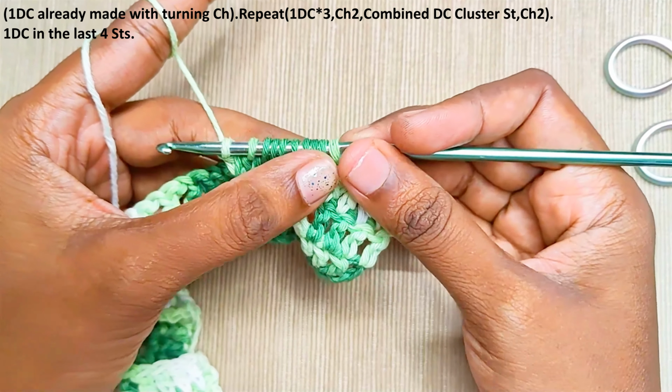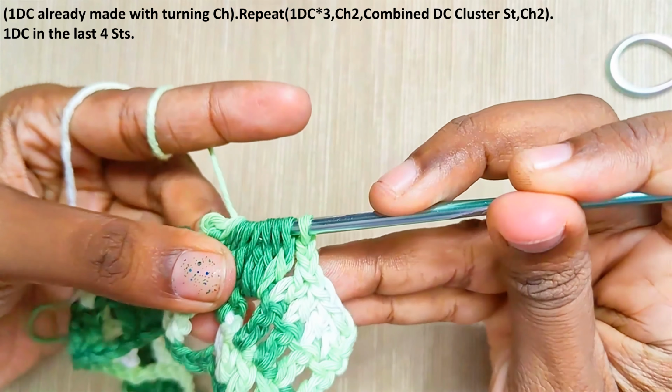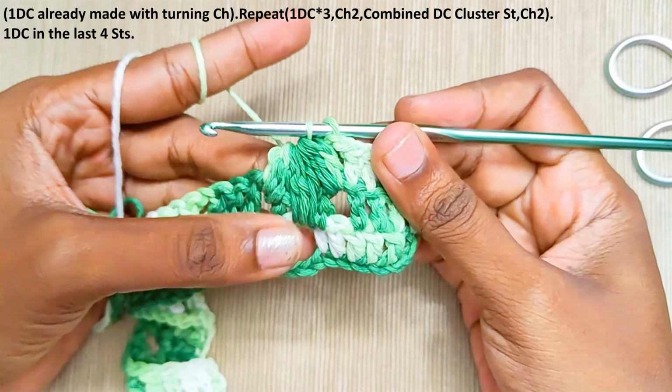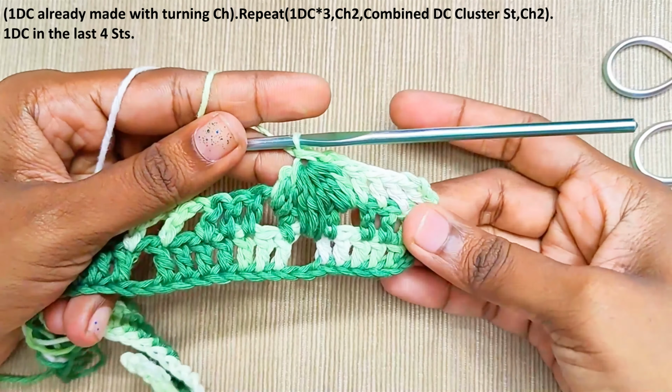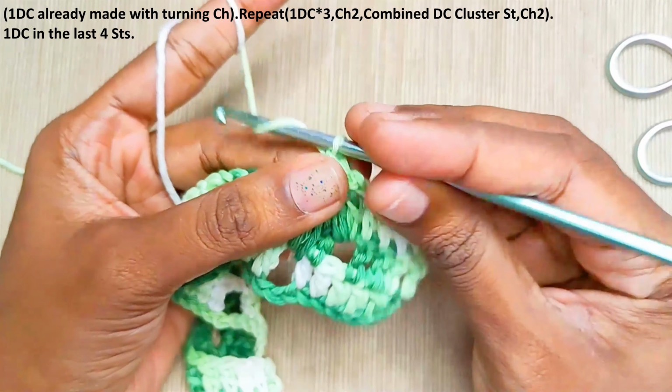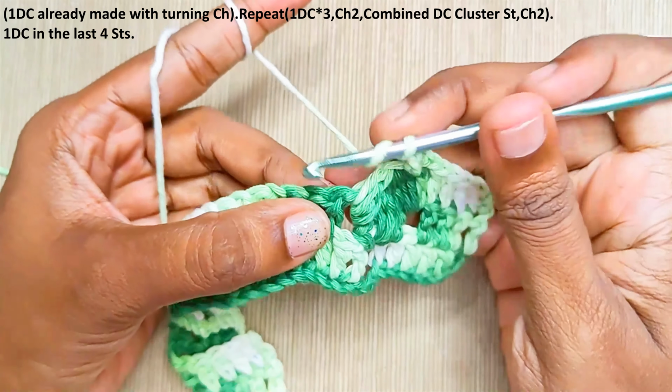Yarn over and pull through 9 loops. That is still here. 2 loops on the hook, yarn over and pull through the last 2 loops. This is how it will look. Chain 2, 1 double crochet each in the next 3 stitches,